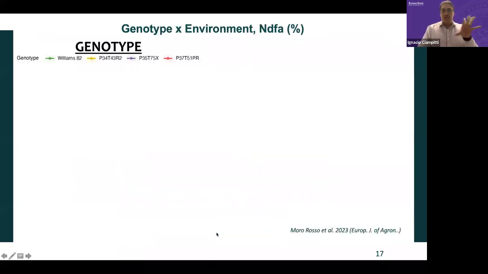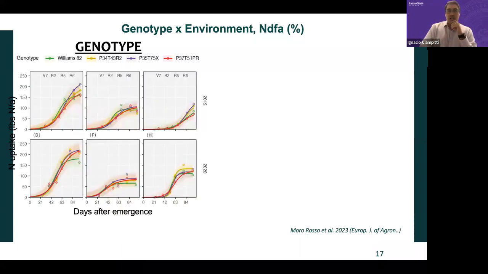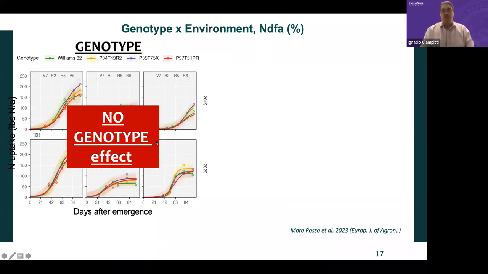We did a study, we looked at the genotype, we tested different genotypes. I will not get into this, but our main idea was to see if there was any change on fixation across the different decades. So we went to really all genotypes, and we tested different technologies, and we didn't see much of an effect on fixation, which means that we haven't seen that we improved fixation or improved the contribution of fixation over time, but we also haven't seen the opposite, that we had a negative impact on that.